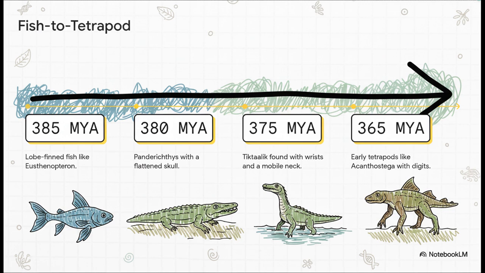See, long before we found the key fossils, the theory of evolution made a super bold prediction. If land animals came from fish, then somewhere, in rocks of the right age, we should find fossils of creatures that are part fish, part land animal. So paleontologists went looking and they found them. This incredible series here ends with Tiktaalik, a creature that is the perfect missing link. It had gills and scales like a fish, but also a flat skull, a neck that could move, and the beginnings of wrists to do push-ups. It's exactly what the theory said we'd find.